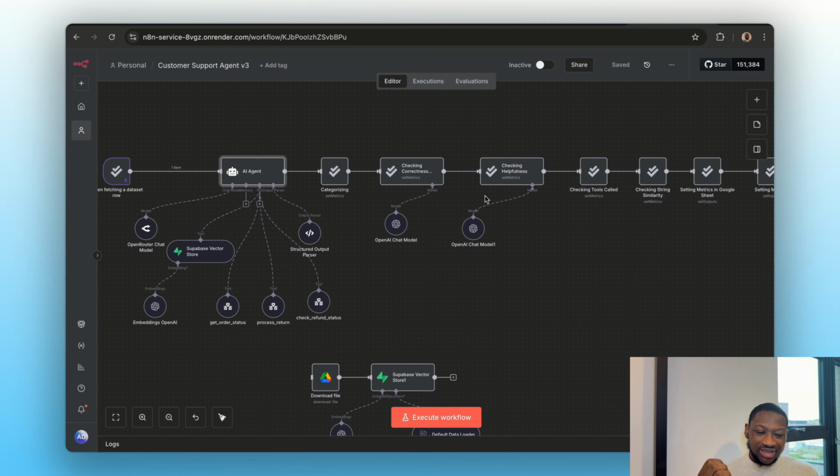Now you know exactly what n8n evaluations are, why they matter, and how to use them to make your AI